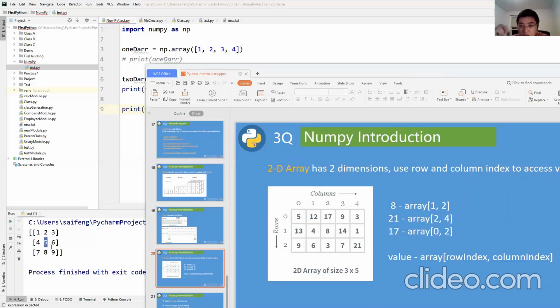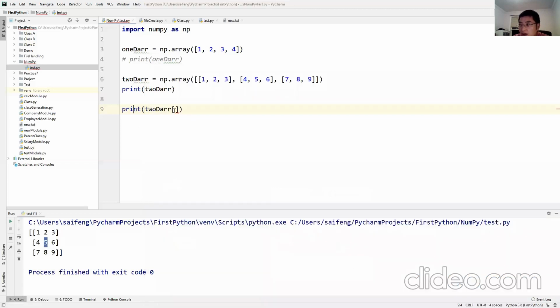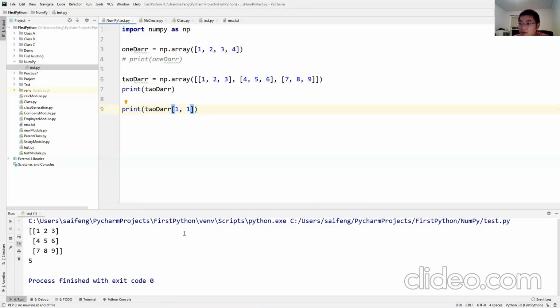No matter row, no matter column. The first row index is 0. Second row index is 1. Same thing for column. The first column index is 0. Second column index is 1. That's the reason why when we said 1, comma 1, it prints out 5.